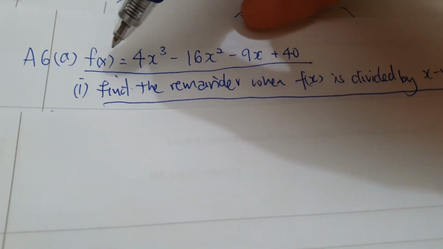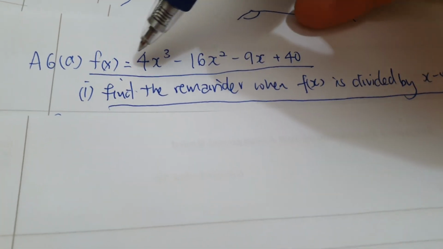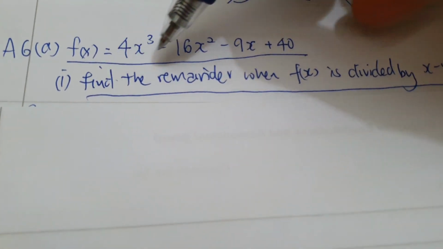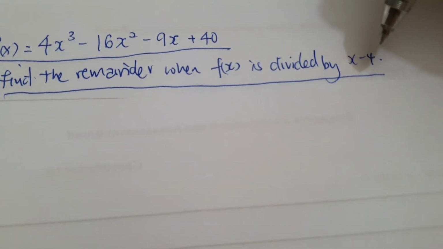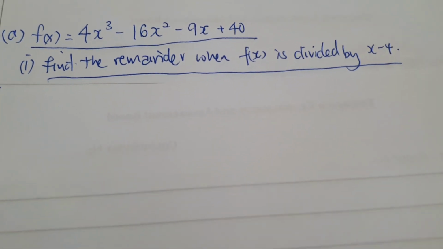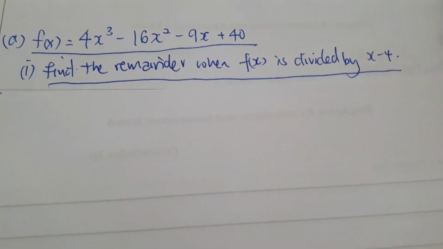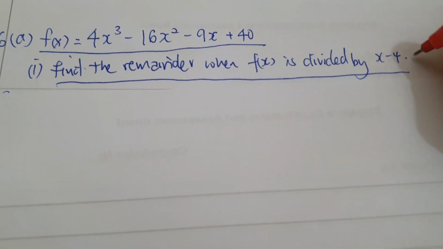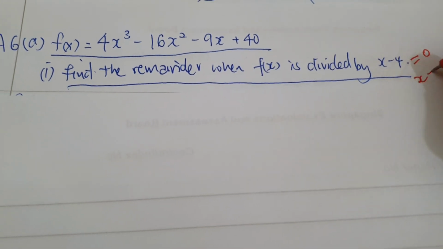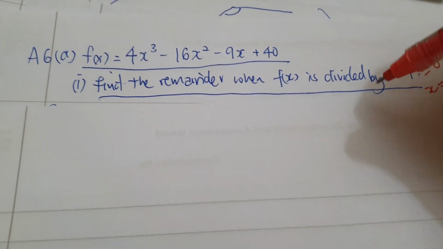Question A6A taken from your textbook. Fx is given as this, and you're asked to find the remainder where fx is divided by x minus 4. So this part is very simple. All you need to do is to equate this to 0 and find the value of x. Substitute this inside